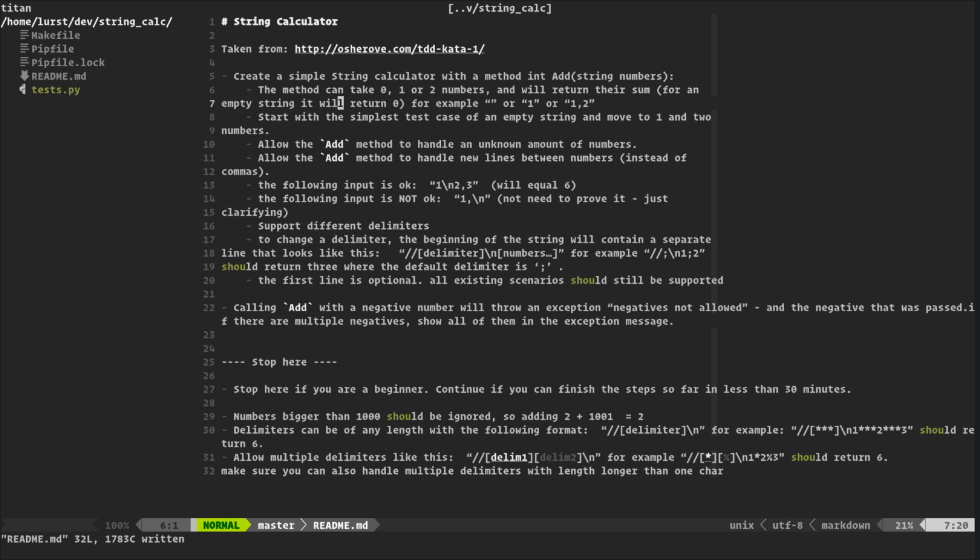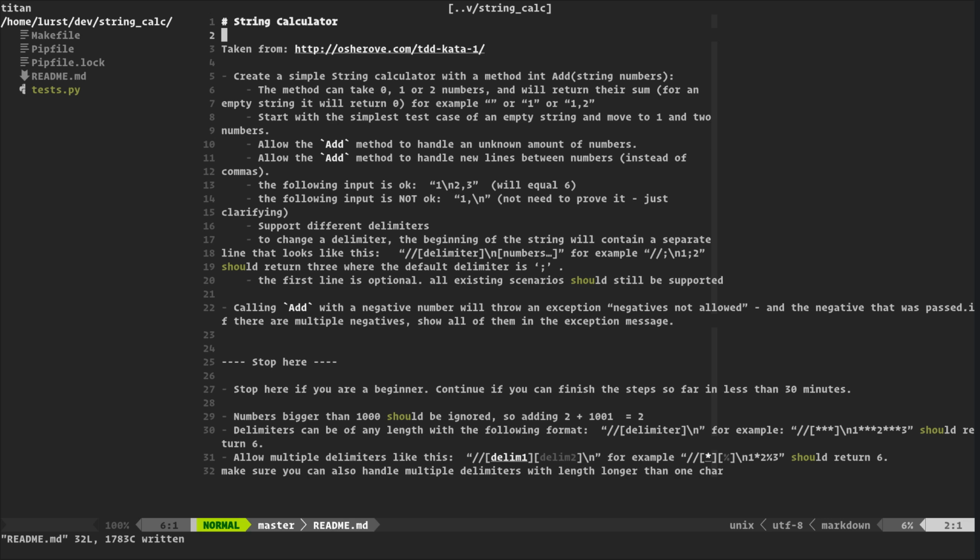This is going to be just an exercise, a string calculator that I found on the internet, and I'm going to try to solve it with you. So I'm going to do this TDD style. This is the exercise. I'm going to add some caveats: I'm going to do this in one take because I don't like editing, and let's hope I don't struggle too much on doing this.